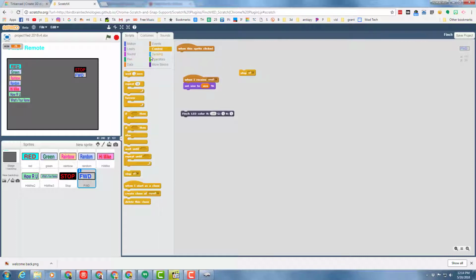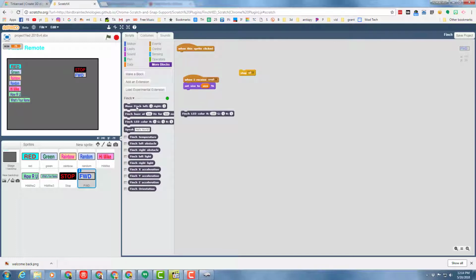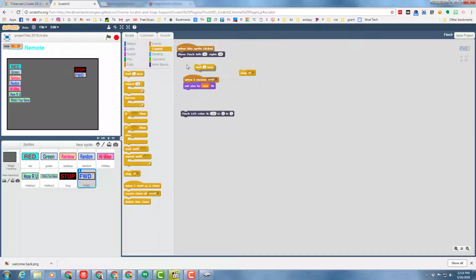It's pretty simple. All we do is go down to our More Blocks, find our Finch, move left, move right. And then I'm going to tell you I always want these numbers to be 50 and 50 or numbers smaller than 50. We're going to decide that he moves for 1 second. And then after he moves for 1 second, we're going to have him go to 0, 0 for how far he moves after that. Then we can get rid of the wait. Let's right click and delete that piece,